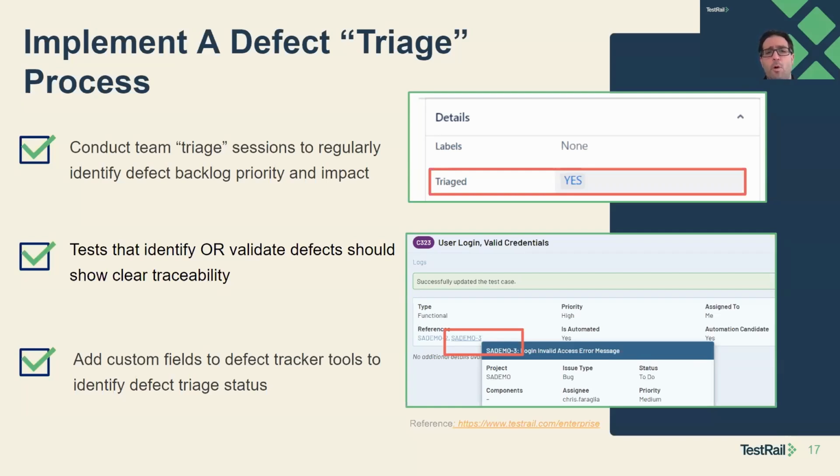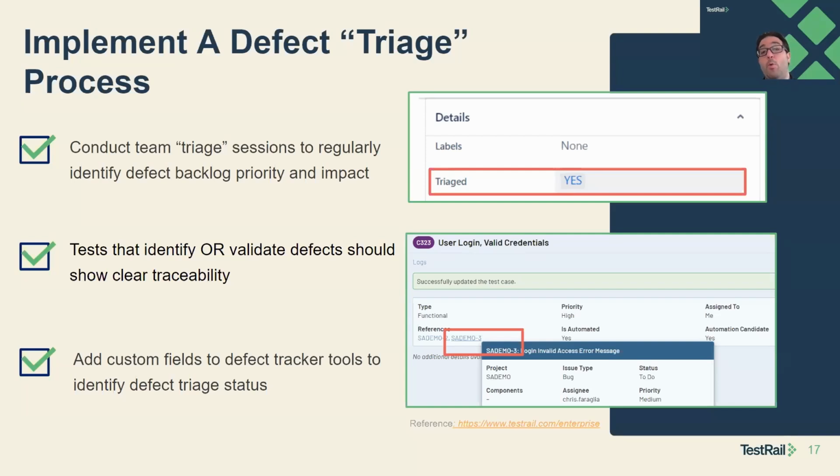Also, for tests that have failed, I feel like it's really important to also have the linkage of defects to tests. TestRail, talk about centralized test management. This is just another area that really accentuates that. We can centralize defects. Maybe it's an automated test that we automated on a test case, and you can see the screenshot I have below has multiple references. Maybe one of those references is the bug that this test case was created to cover. So having good traceability for defects is level 2 once we do triage in general.